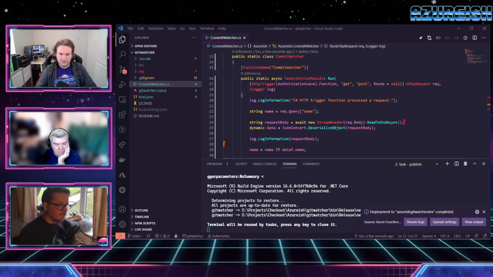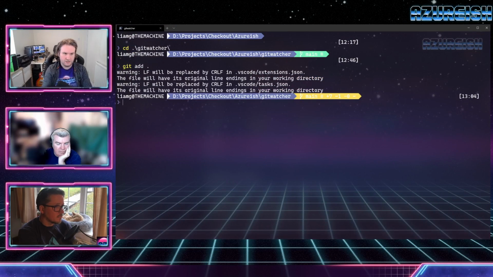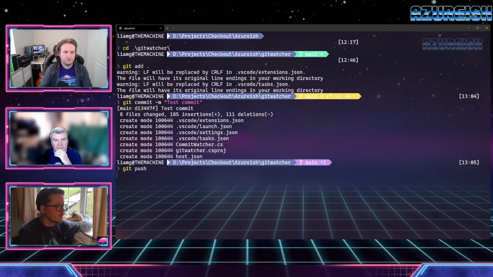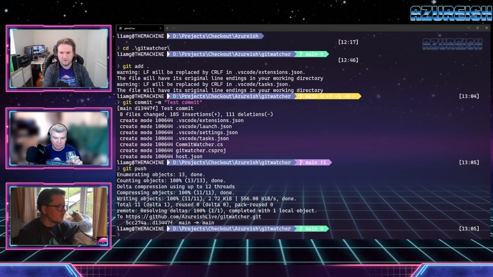We can stream the logs of the function app as well. So if we do stream logs, something should happen. Maybe, probably. But let's do a push back. So we've done a git add, git commit -m test commit. Oh yeah, that vanilla code in that scaffolded code is either going to grab the name from the request body, or it's going to grab it from the URL. I see that. I just missed that when I was doing that. We just didn't try it with the body part in Postman, did we? We just tried the URL encoded version in Firefox.